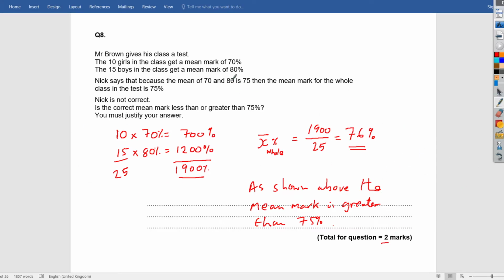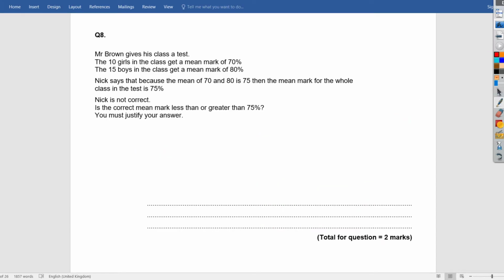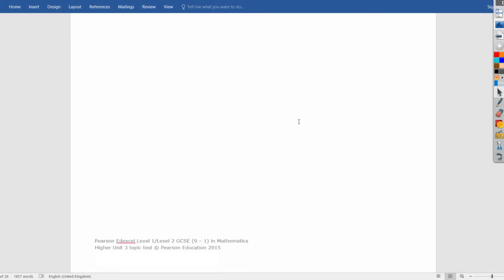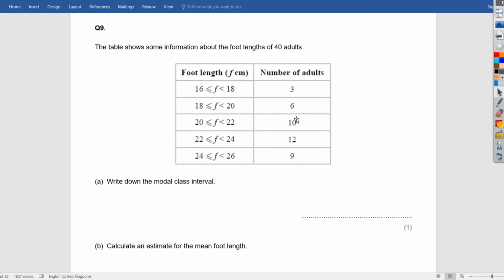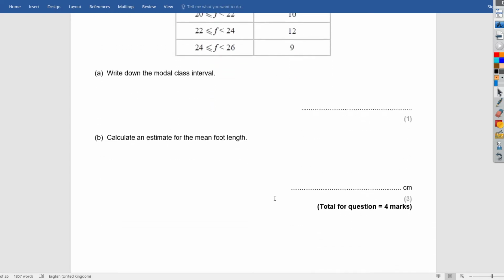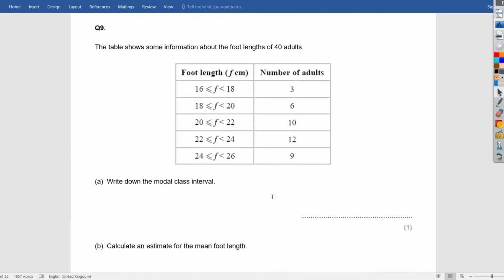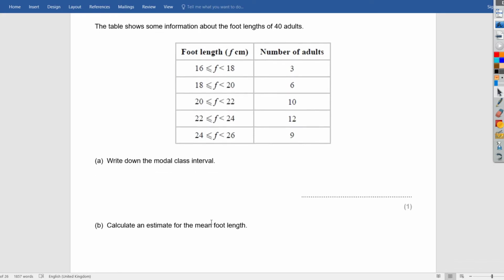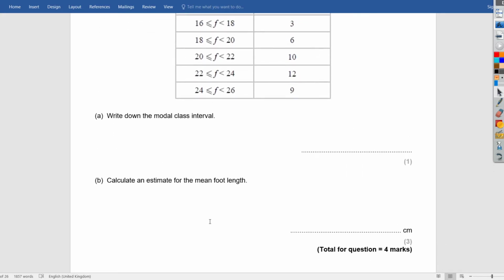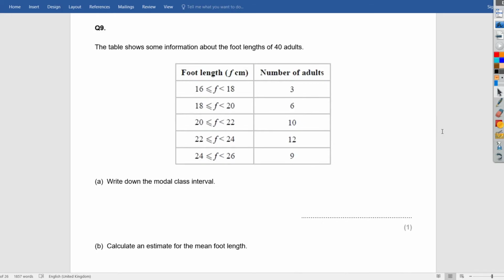So let's move on to question 9. Let's clear this. Let's scroll down. Okay, question 9. Okay, first one is very similar to one that we did earlier, a 1 marker and a 3 marker, where we've got to find,